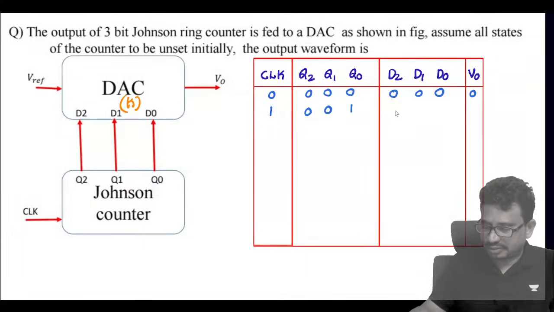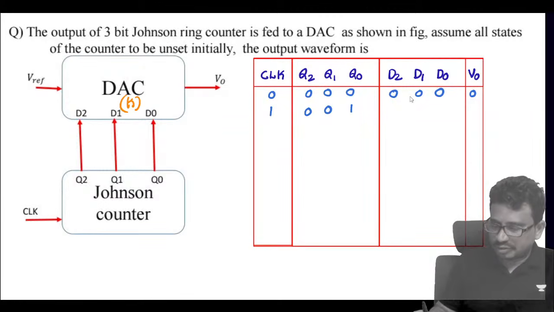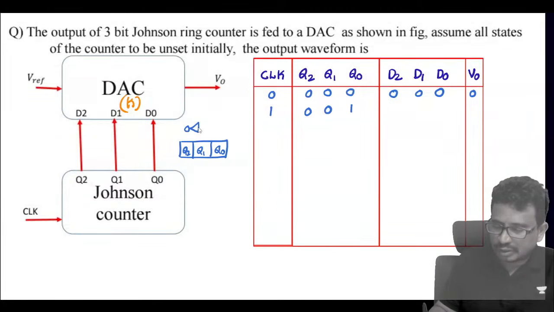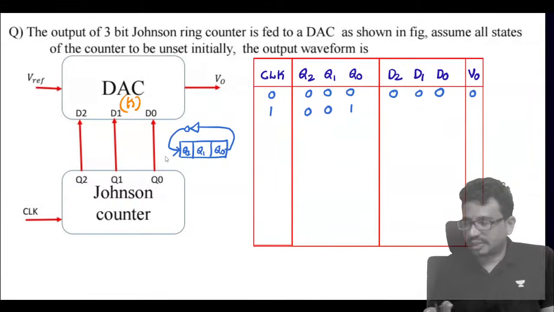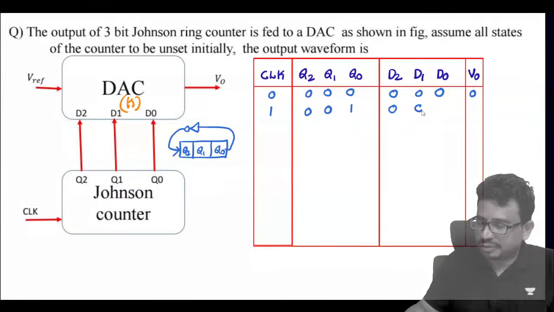And what will come here? This is the Johnson counter functioning we know now. This is given as what, tell me now. So if I say this is Q3, Q2, this is Q1, and that is Q0. A NOT gate is connected. So this value 0, 0, 1 will come as something, K.